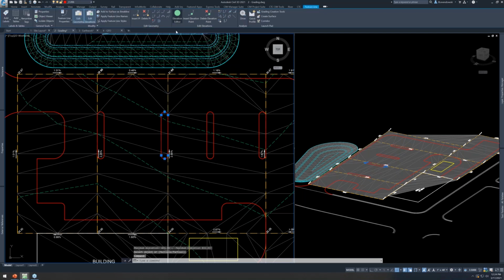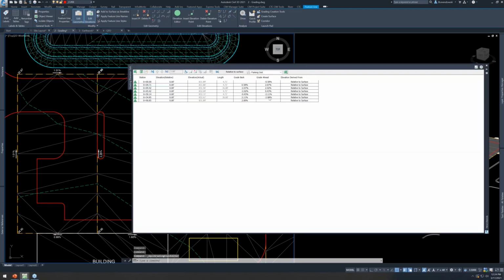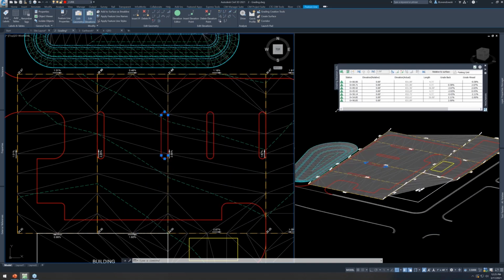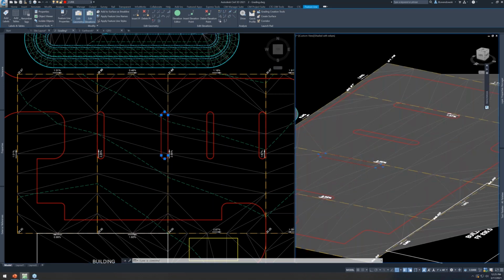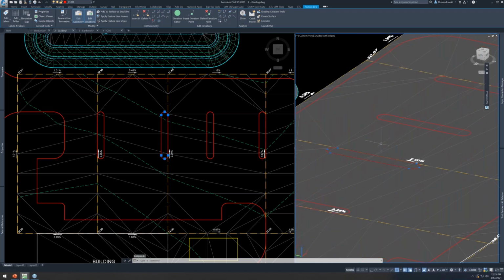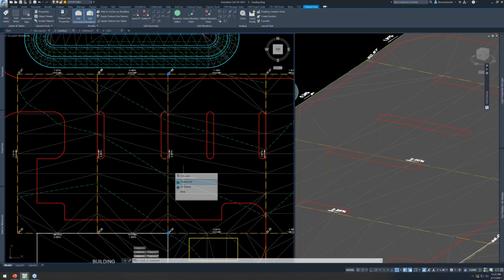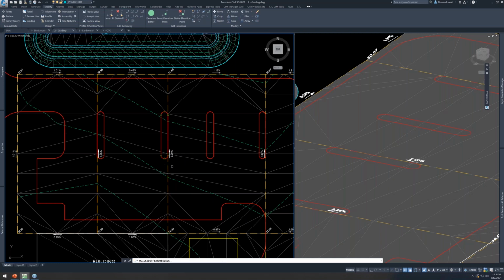So if I was to open up Elevation Editor, for example, we would see that the elevation is relative. It's all set to 0, and it's relative to the parking grid surface. What it means is that as that parking grid surface changes, those feature lines will update with it. Okay. So for example, here's that gutter line for that middle curb island. If I take this feature line and I go back to